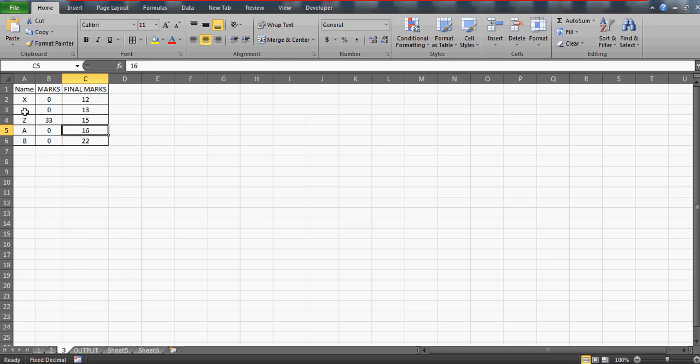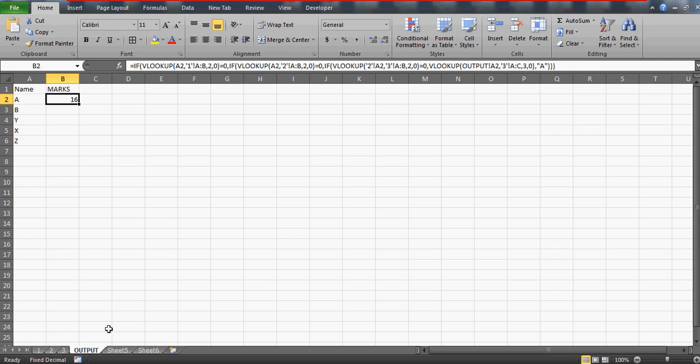If after running all the options, okay, so let's start first with this VLOOKUP. Now this VLOOKUP in A to B, if it is equal to 0, then it should go to this VLOOKUP, right? Because it has found the 0. What if it is not going to find the 0, which means that the value has to be there? So what we are going to do is,